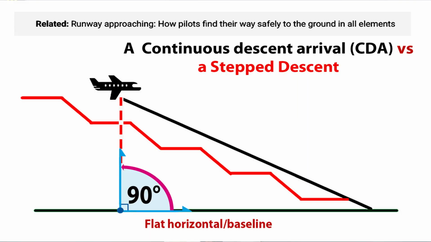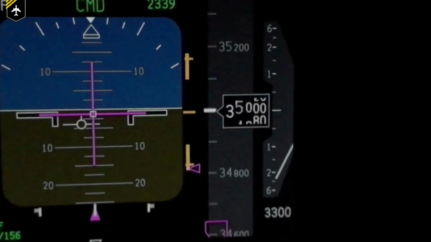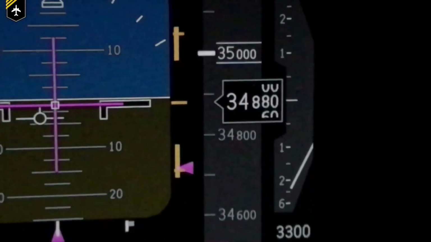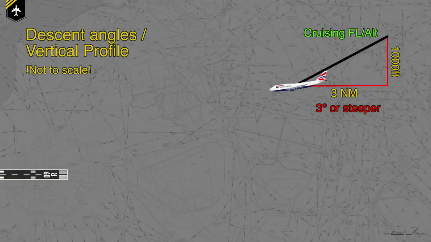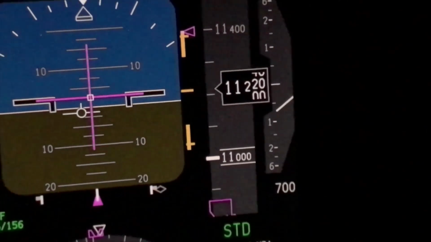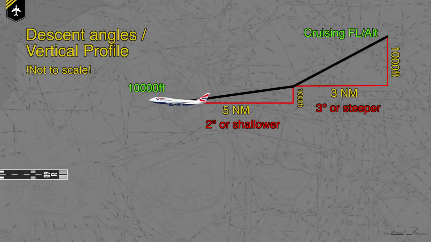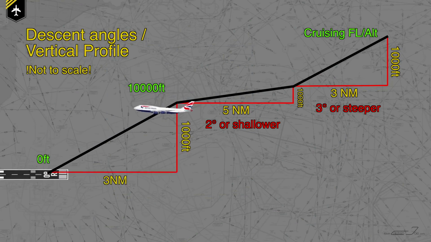So commonly, pilots start off with a high-speed descent at 3 degrees or steeper. Now just before reaching 10,000 feet, you dial down the speed, the plane pitches upwards, creating a shallower descent path equal to 1,000 feet per 5 nautical miles. Now once you receive further descent clearance, you rejoin the 3-degree angle equal to 1,000 feet vertically, needing 3 nautical